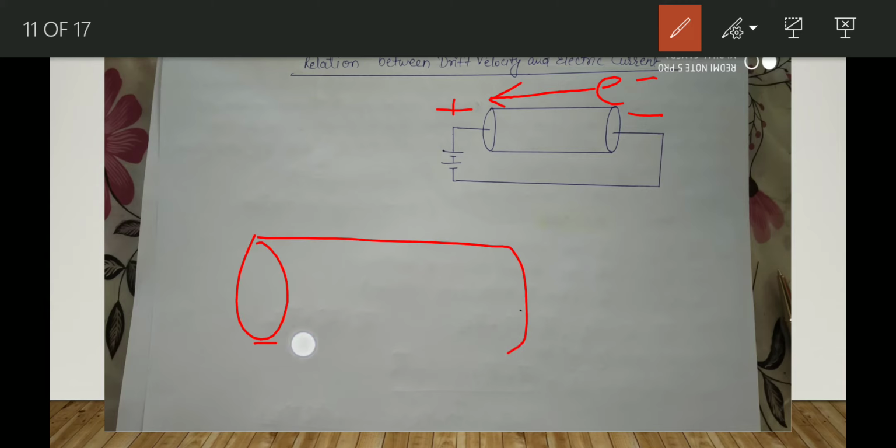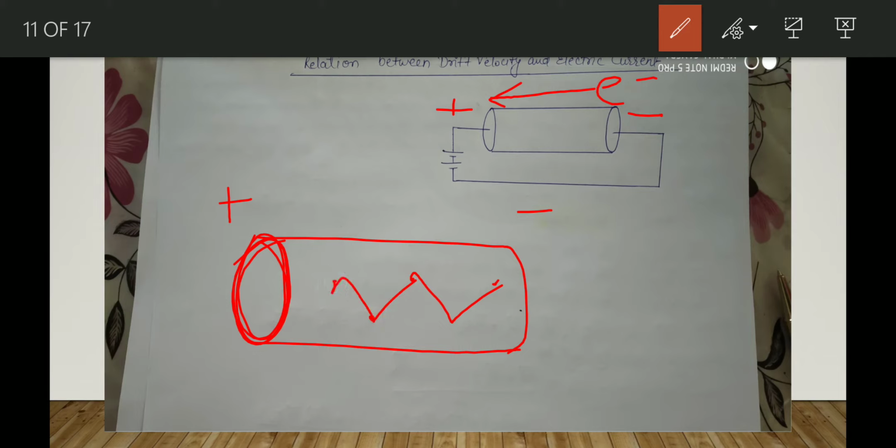In this case, all electrons which are moving from right to left will start to drift towards the positive end of the conductor, and in this path they will collide with other ions present in the conductor. In this situation, they will change their directions randomly. They will change their directions continuously, but are always accelerated toward the positive end of the conductor. So what will be the drift velocity? Drift velocity will be the average of all these velocities along this path.